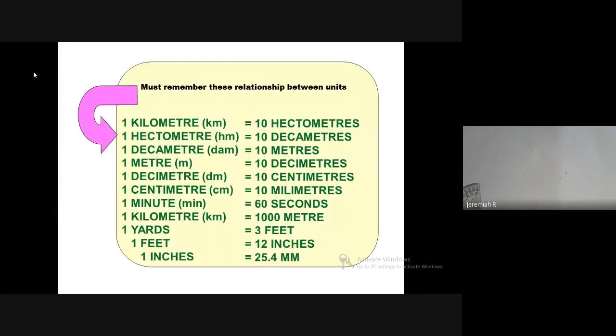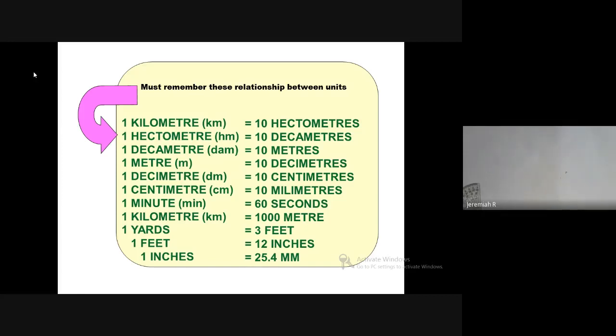So you should remember this relationship between these units. Otherwise, we can't even solve the problem. You have to mug up. So yeah, you have to remember this. In the next class, if we ask some question in 1 minute, you should remember this. Then after this class, I'll share this PPT. Just go through the PPT. If you want to take some notes, just take these notes. You should remember these units.